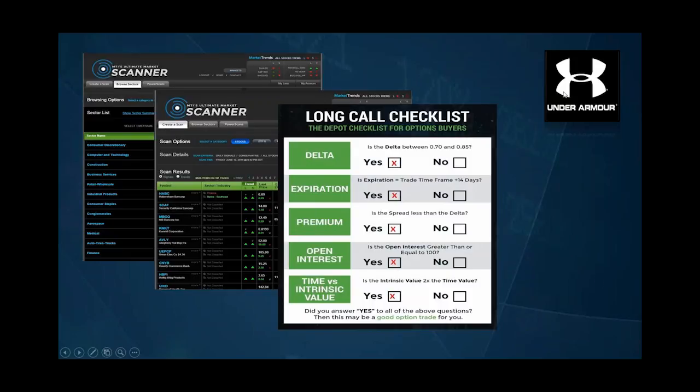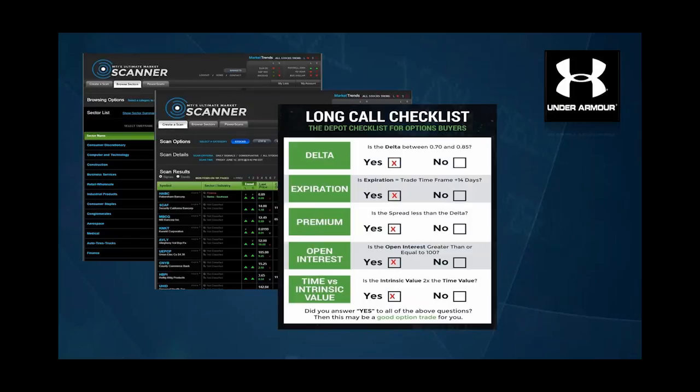And we'll absolutely teach you and show you how to use this DEPOT checklist. But for those of you that want us to do the heavy lifting, we'll absolutely be going through this, making sure that any trade we find does in fact meet our criteria. So when we use the market scanner and find an opportunity, we pull out our DEPOT checklist. We're going to check for volatility, we're going to check for cost, for liquidity. We're going to ask, can we afford this position? Is the move going in the right direction? Once again, we'll do all this for you, but we'll absolutely teach you how to do it as you're going along.